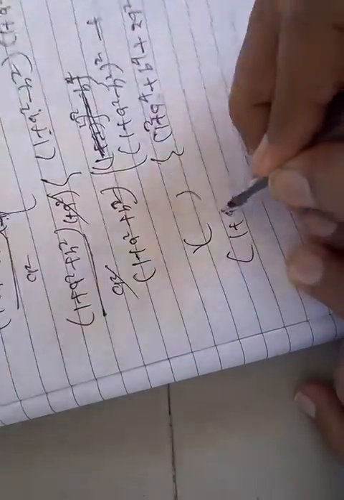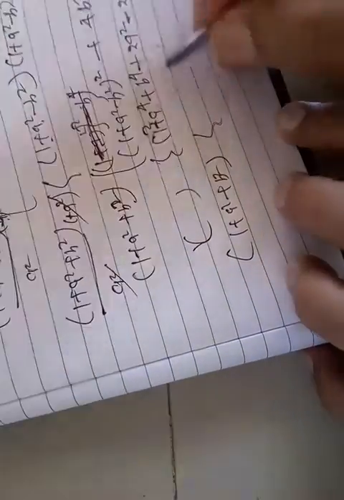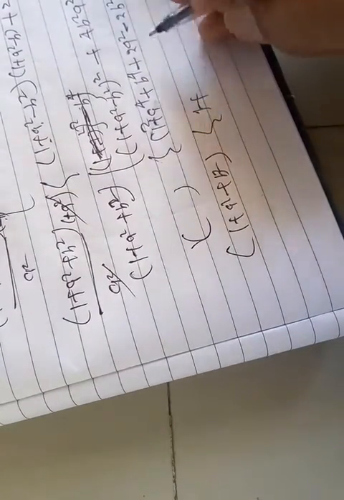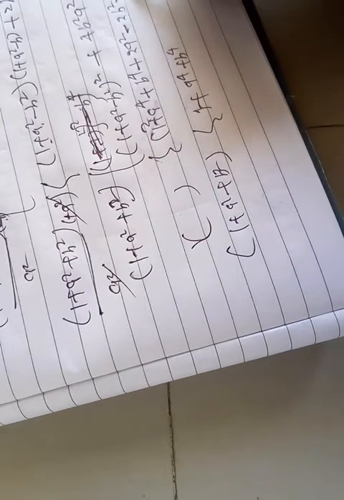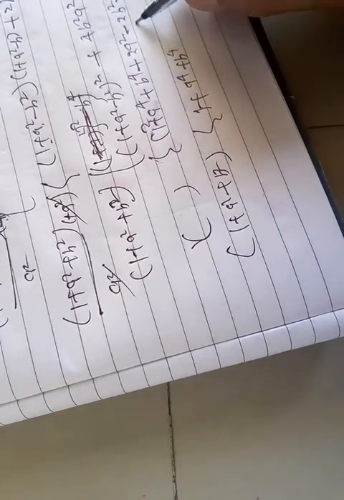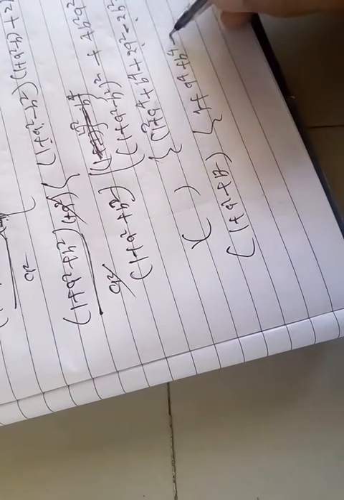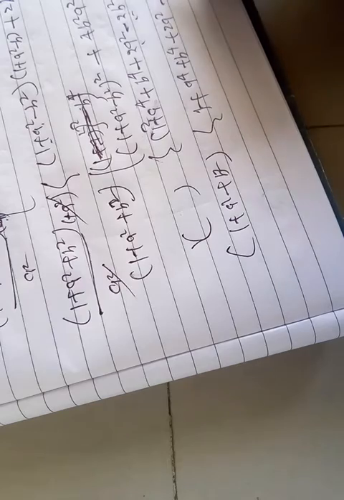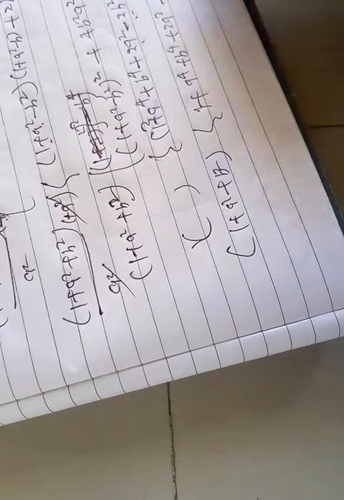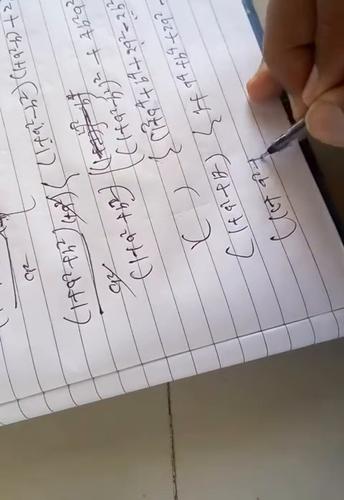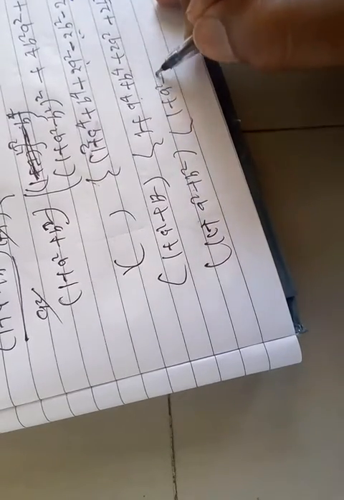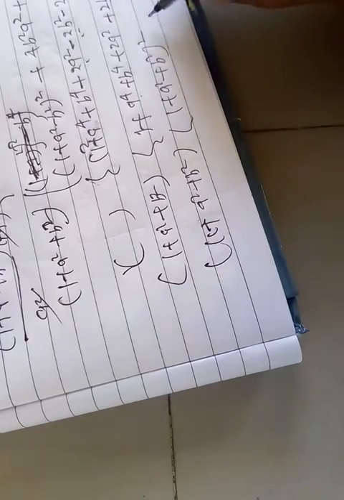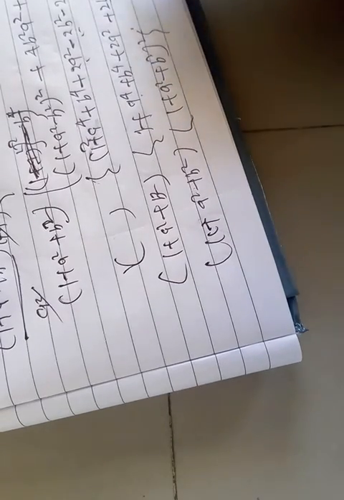So change 1 plus a square plus b square. This value: 1 plus a raised to 4 plus b raised to 4, 4a square b square, plus 2a square b square. Change to 2b square, and 2b square, 4b square plus b square, plus 2a square b square. This plus changes to 2a square b square, okay. Is 1 plus a square plus b square, this value, 1 plus a square plus b square whole square, okay.